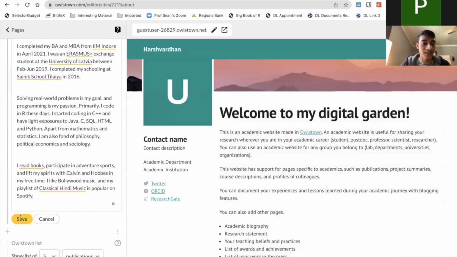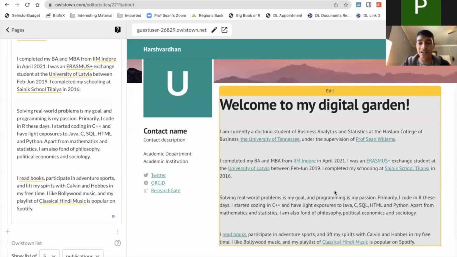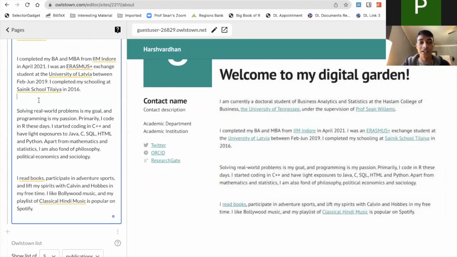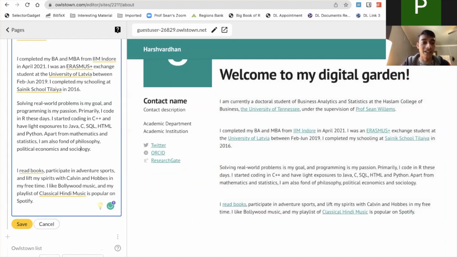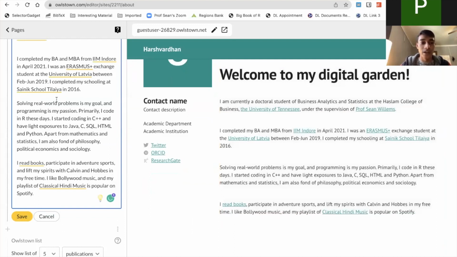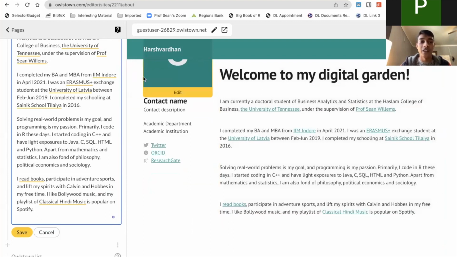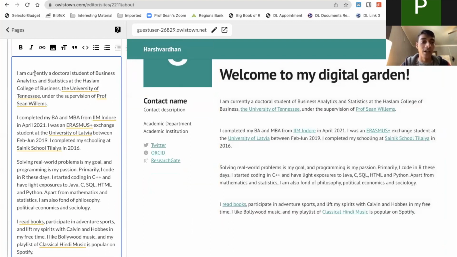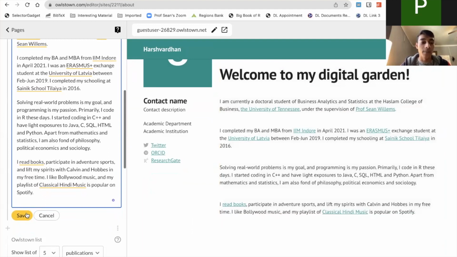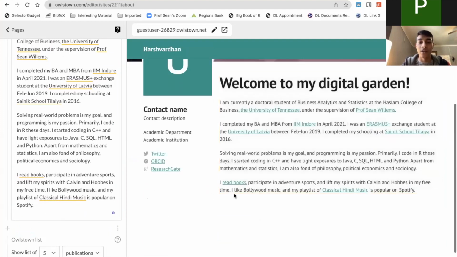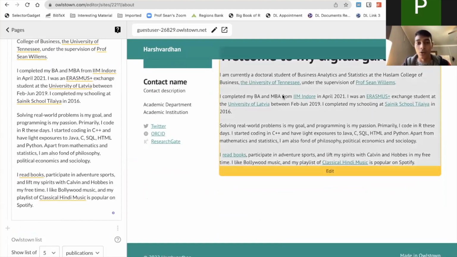There we go. And just like that, I have all the information that I wanted copied in the format that I wanted. You could have the same information written in, let's say, Microsoft Word, and you can just copy and paste it all to have the entire information available on the homepage.